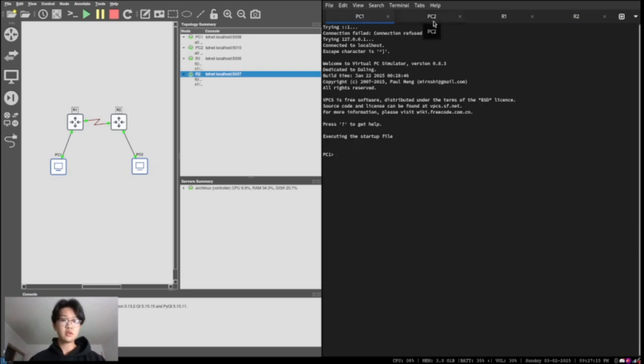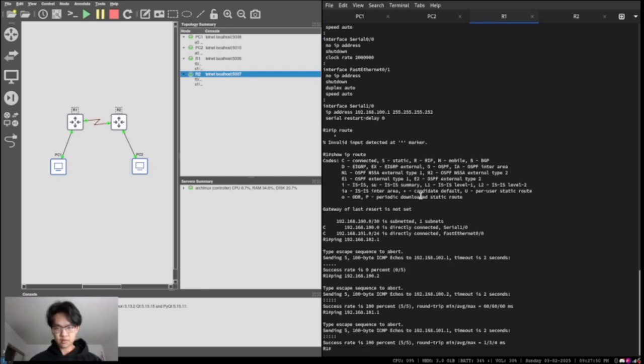PC1 to PC2, right? So to do that, we need to do a little configuring. I think in the lab it says we're not gonna configure any hosts, but I guess we're doing it anyways. So first, I'm gonna start with setting the IP address for these PCs. I'm gonna start with PC1. I'll do 1. The usual, but I believe since it's part of router 1, it needs to have